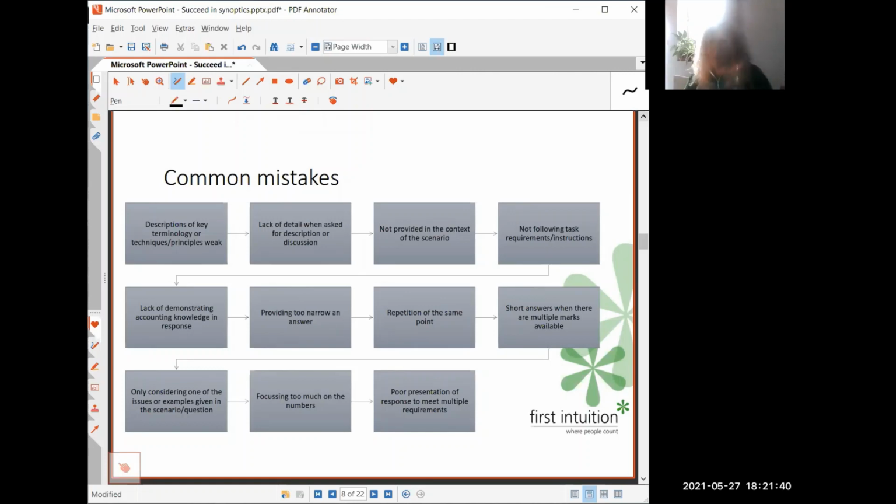So, common mistakes within the Synoptic assessment, and we're going to look at how to address some of these through the rest of this presentation as well. But I just want to highlight some of the things that go wrong and what you can try and do to make sure you don't make that mistake. So the first point is this: descriptions of key terminology or techniques or principles is weak. This is testing your knowledge. You should have good knowledge. Make no assumptions. So if you're asked to explain the purpose of budgeting, so say at level 4, the purpose